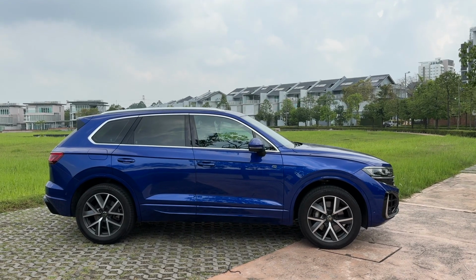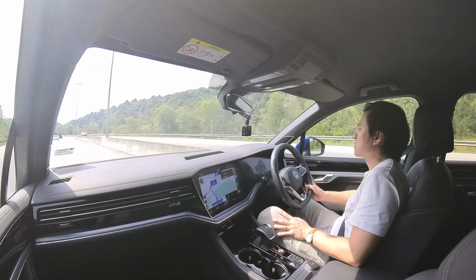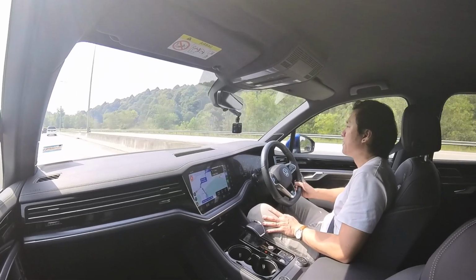So this car does resemble that look, and some people don't like it, but for me it's a plus point. That understatedness is really a plus point. I imagine if I'm a boss and I want to be chauffeured around, and I want the discreetness, I would love to have this car as opposed to the Cayenne. How does it match up to my expectation? In a nutshell,